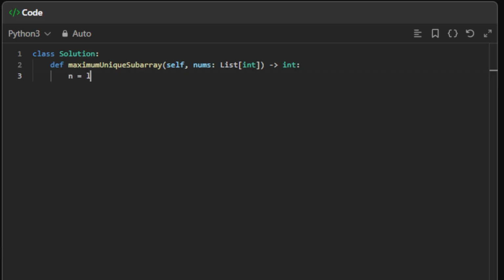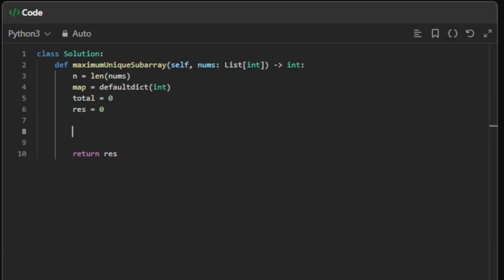First we say n is length of nums. We have to create an empty map, so we will use default dictionary here, and we will set a default value of 0 for every key. That's why we use the word int here. Initially total is 0 and the result is 0. And finally we want to return this result, and here in between we say left is 0, and we will iterate every value in n. So for right in range n,